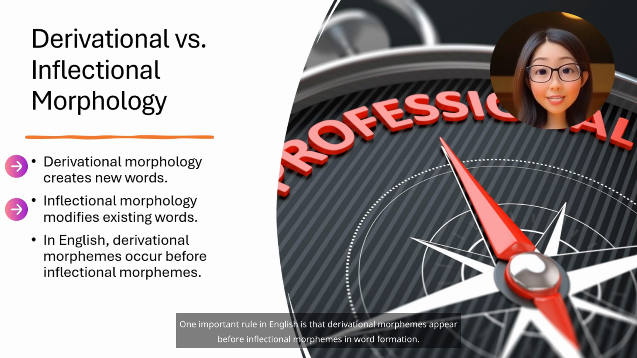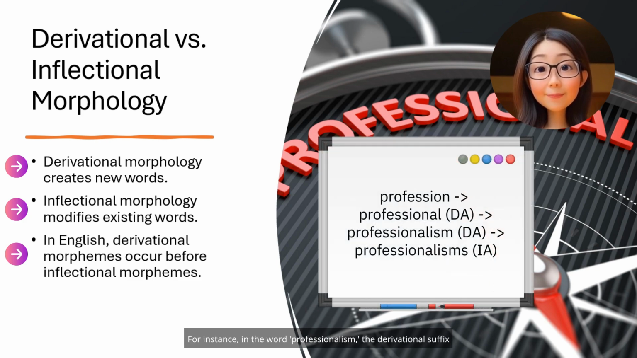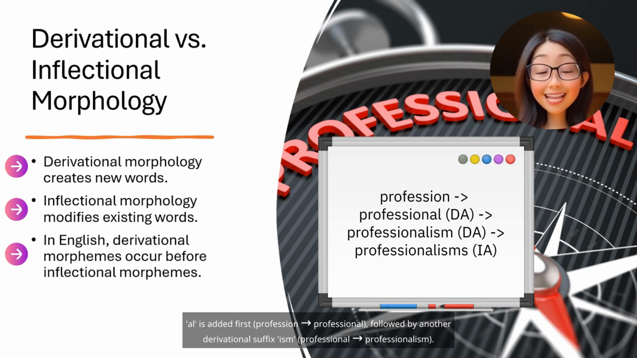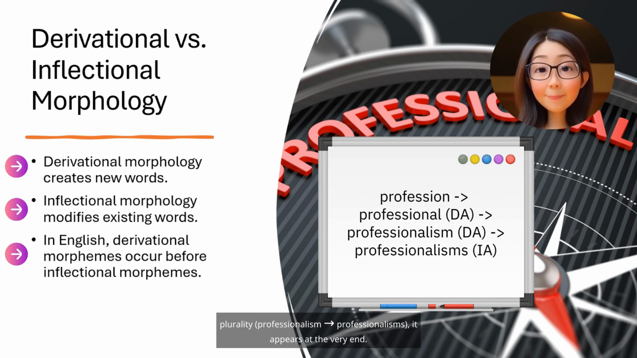One important rule in English is that derivational morphemes appear before inflectional morphemes in word formation. For instance, in the word professionalism, the derivational suffix -al is added first, profession, professional, followed by another derivational suffix, -ism, professional, professionalism. If we then add an inflectional ending, such as s, to indicate plurality, professionalism, professionalisms, it appears